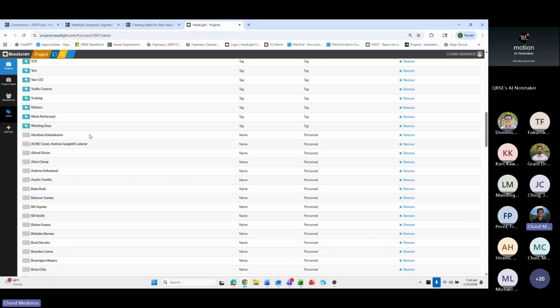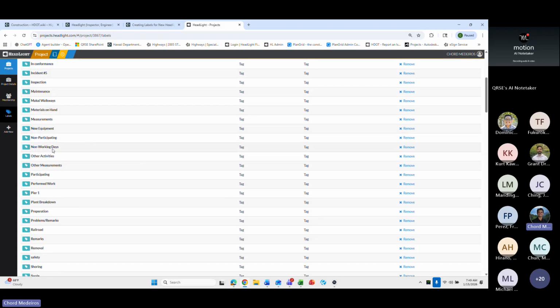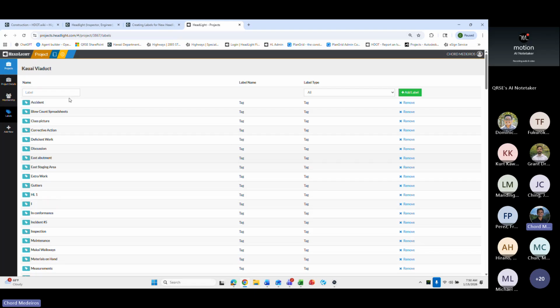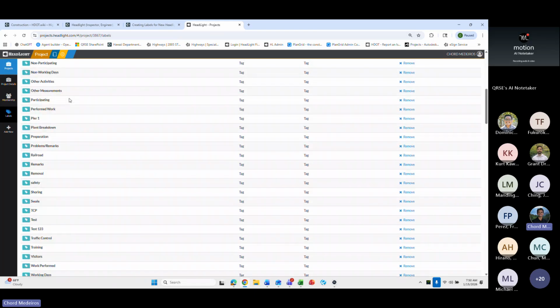These are customized tags that you can create that don't necessarily fall into the category of personnel, equipment, contractor, and pay item. But if you want to be able to filter by other things like non-working days or non-participating or any other extra tag that you want to be able to filter maybe later on or have your inspectors filter for,